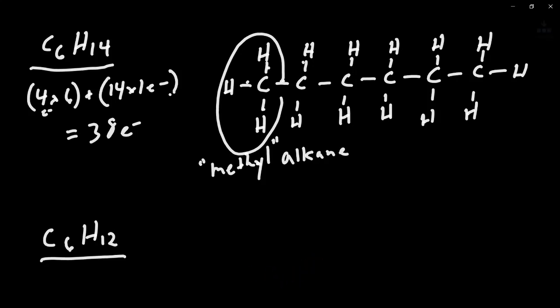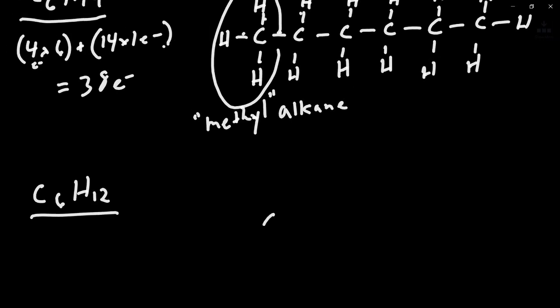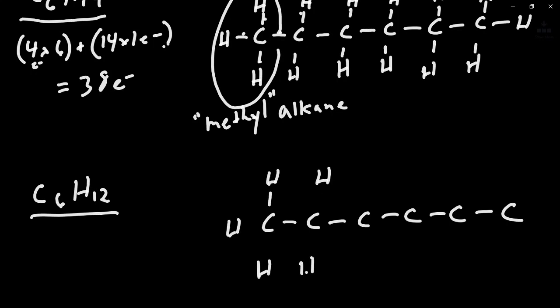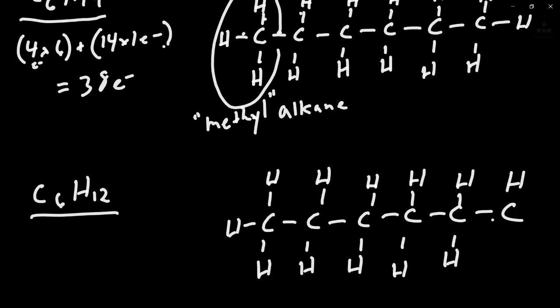Okay, so hopefully you've had some time to work on this one now. You might have come up with something like this. 1, 2, 3, 4, 5, 6. So you might have tried to draw this, 1, 2, 3, 4, 5, 6, 7, 8, 9, 10, 11, and then you would run out of hydrogens. So in this case, you would have 2 options. Without more information, it would be difficult to determine which option was correct. So one option,